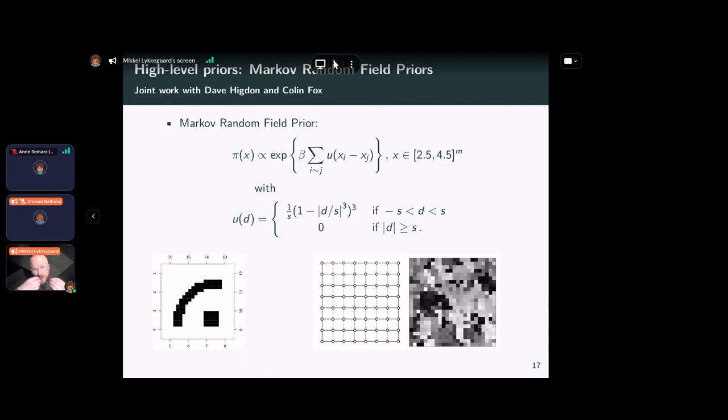It's kind of like neighboring cells have to have the same value unless they're far enough away. Then they're allowed to vary freely. So this can give these very strong differences, like these edges, because the values between these two are far enough away to not be punished by this function. And so this is very difficult to sample from.